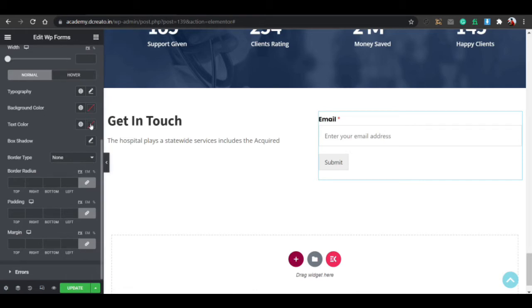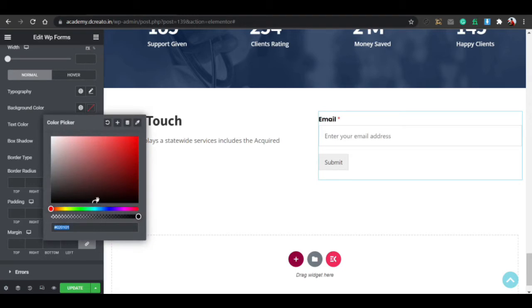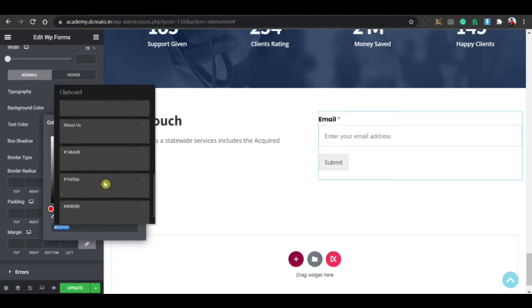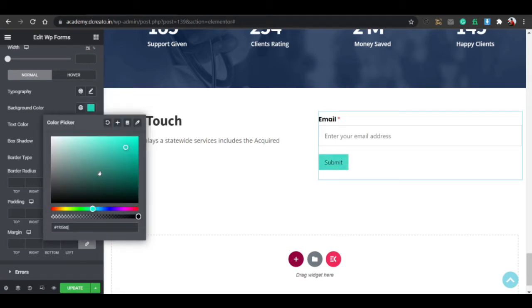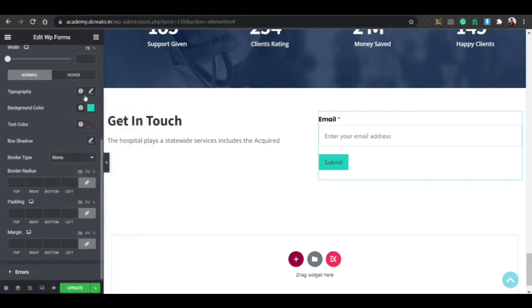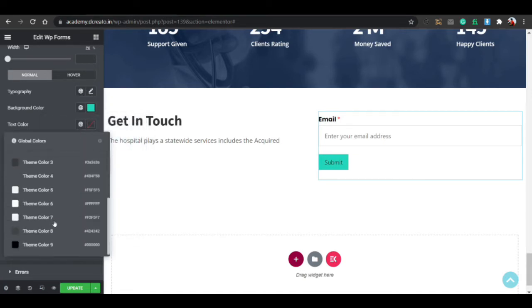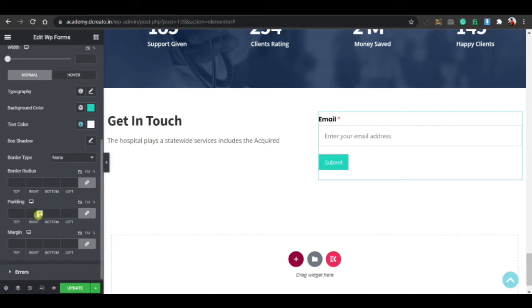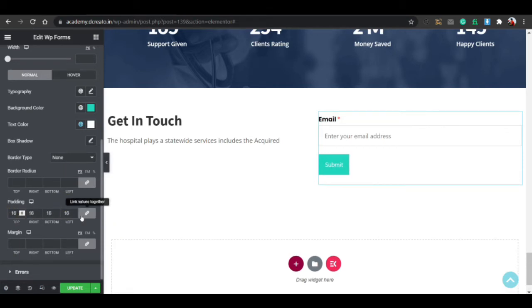Here I click on this background color, and I'm choosing the background color from here. I already copied it. Then the text color will be pure white. I'm giving it pure white. And then the padding: I'm giving 16 pixels to the top, and unbind this, and bottom, right will be 45 pixels.